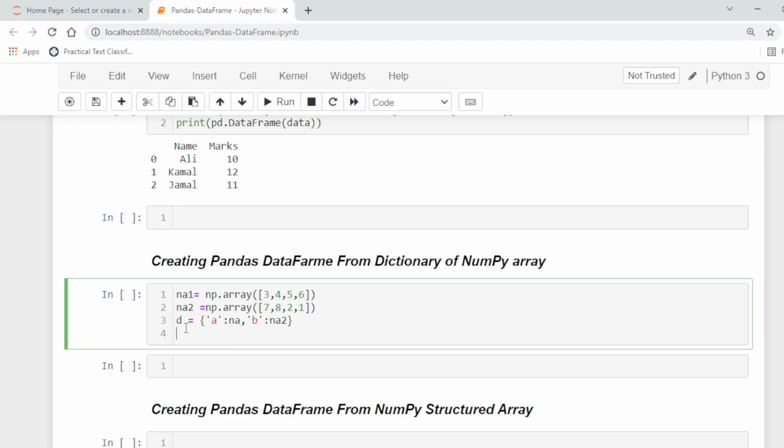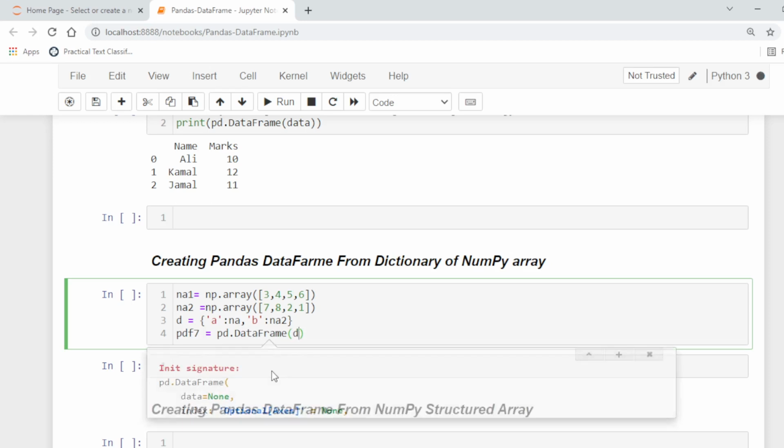Now here D is the dictionary in which the keys are A and B, and their values are the NumPy arrays. Now to create the pandas data frame, for example, let's say pdf7 is equal to pd.DataFrame and D.